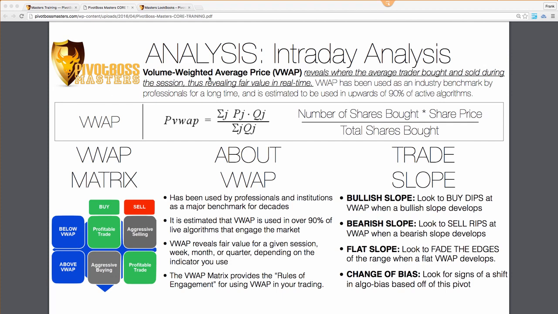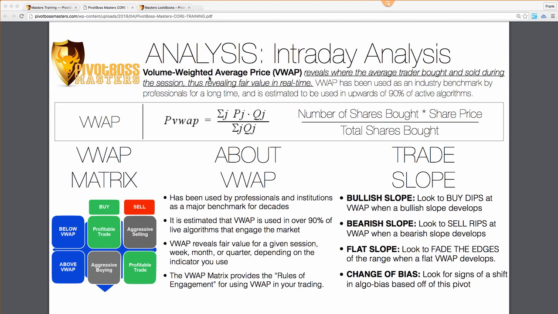So VWAP has been a big time part of my trading for a long time. Again, ever since I was able to put it on my charts and just see the value of VWAP, just like I did with the pivot range, and I mentioned that before. Once I was able to get it on my charts and see the lower time frames and the higher time frames and see how price reacted to it, it was a no-brainer to keep it on the charts. It's just something that pros pay attention to.